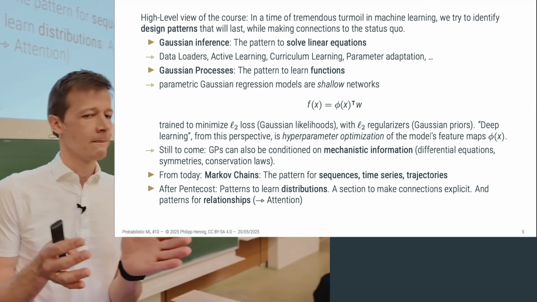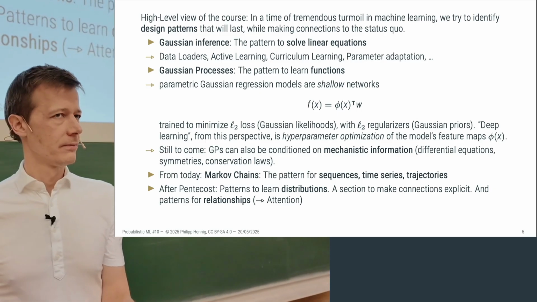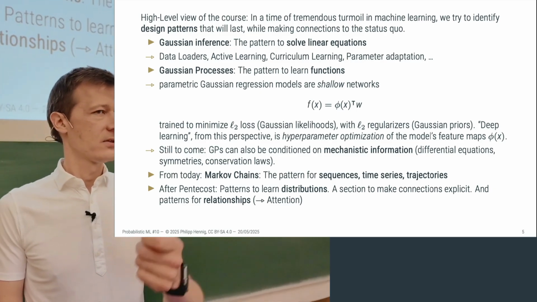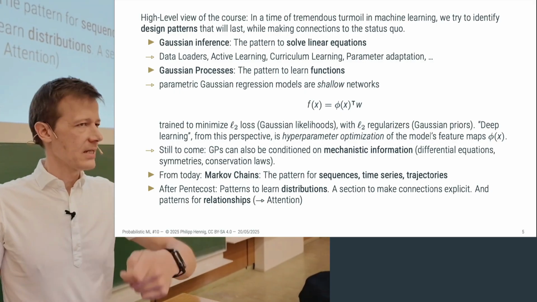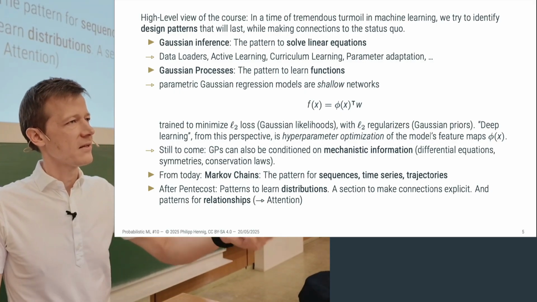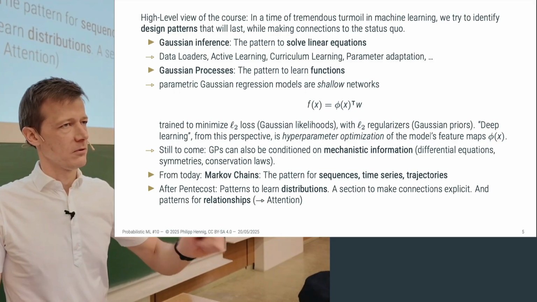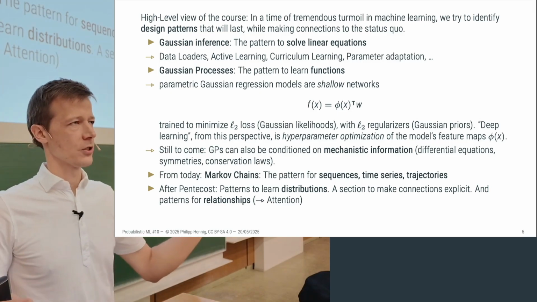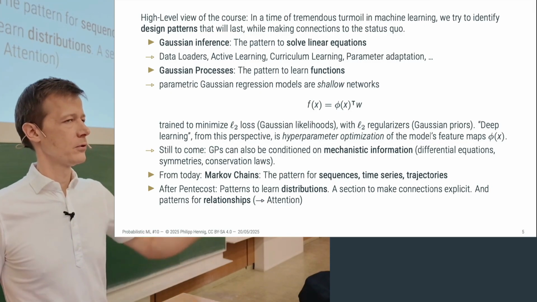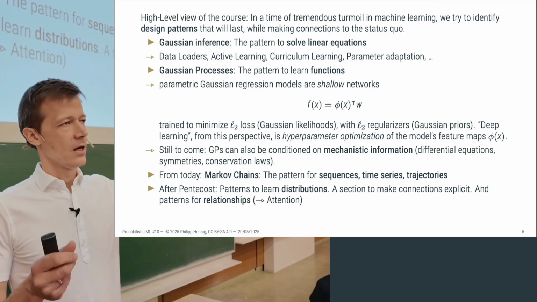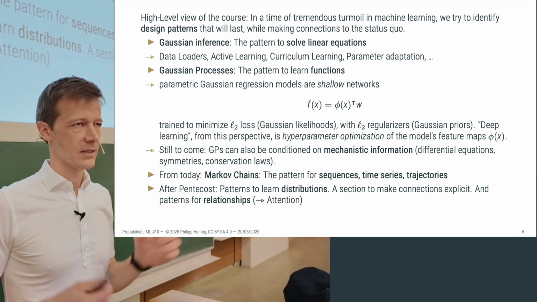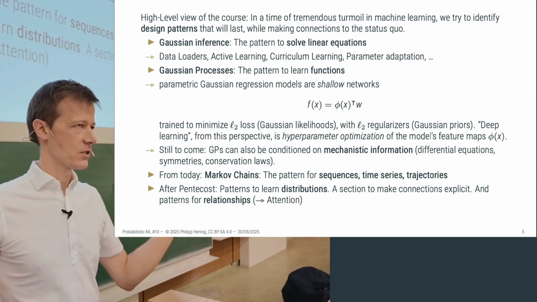But today, I'm going to open up a new chapter of the course that will take us to, let's say, a new data type that we want to deal with. So far, the object in question was a function. If I give you pairs of inputs and outputs, and then I give you a new input, predict the next output. That's supervised learning regression, right?